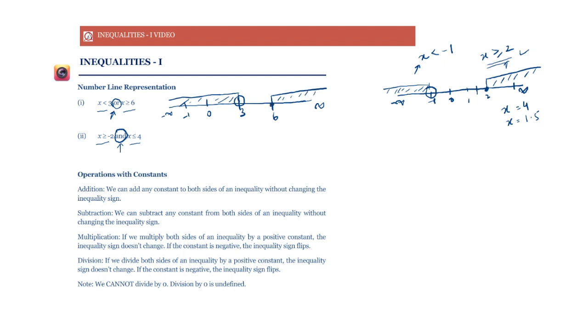Now, the values that work for this inequality are those which satisfy either one of these two regions. So a value of x can lie either in this region or in this region,